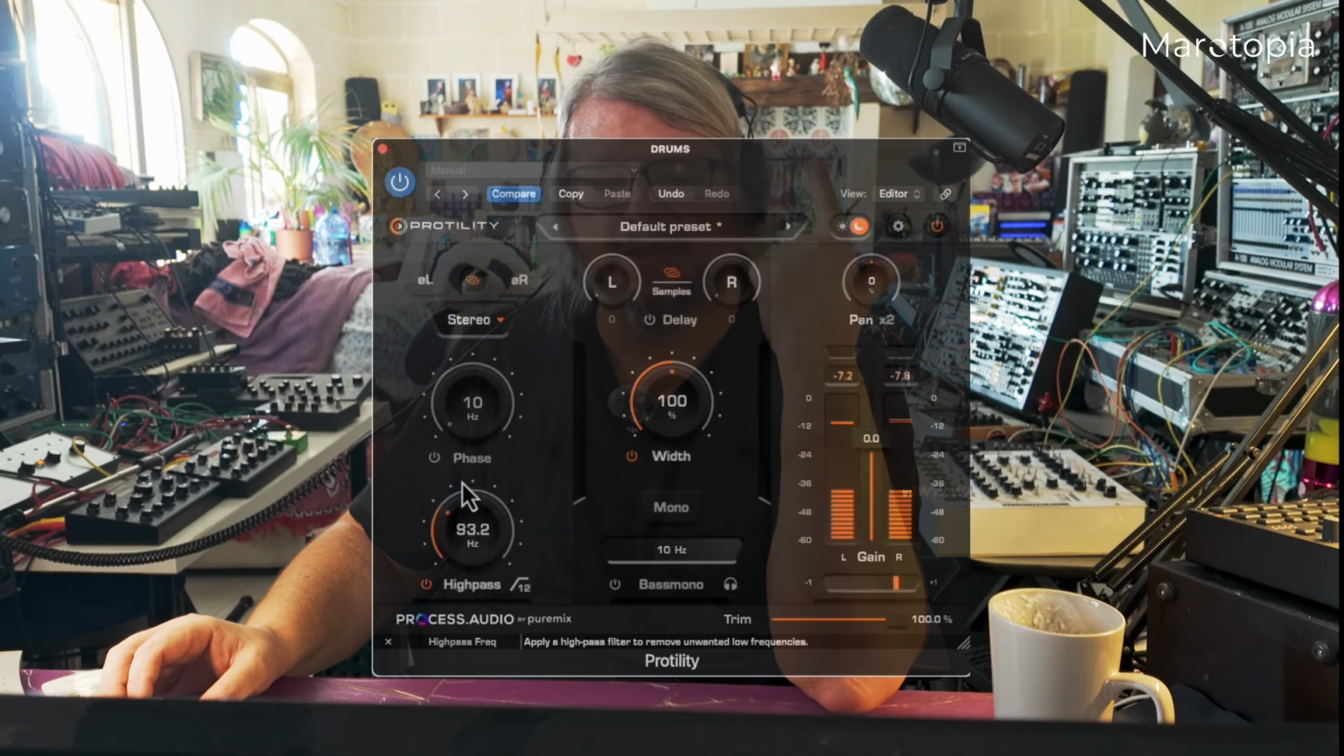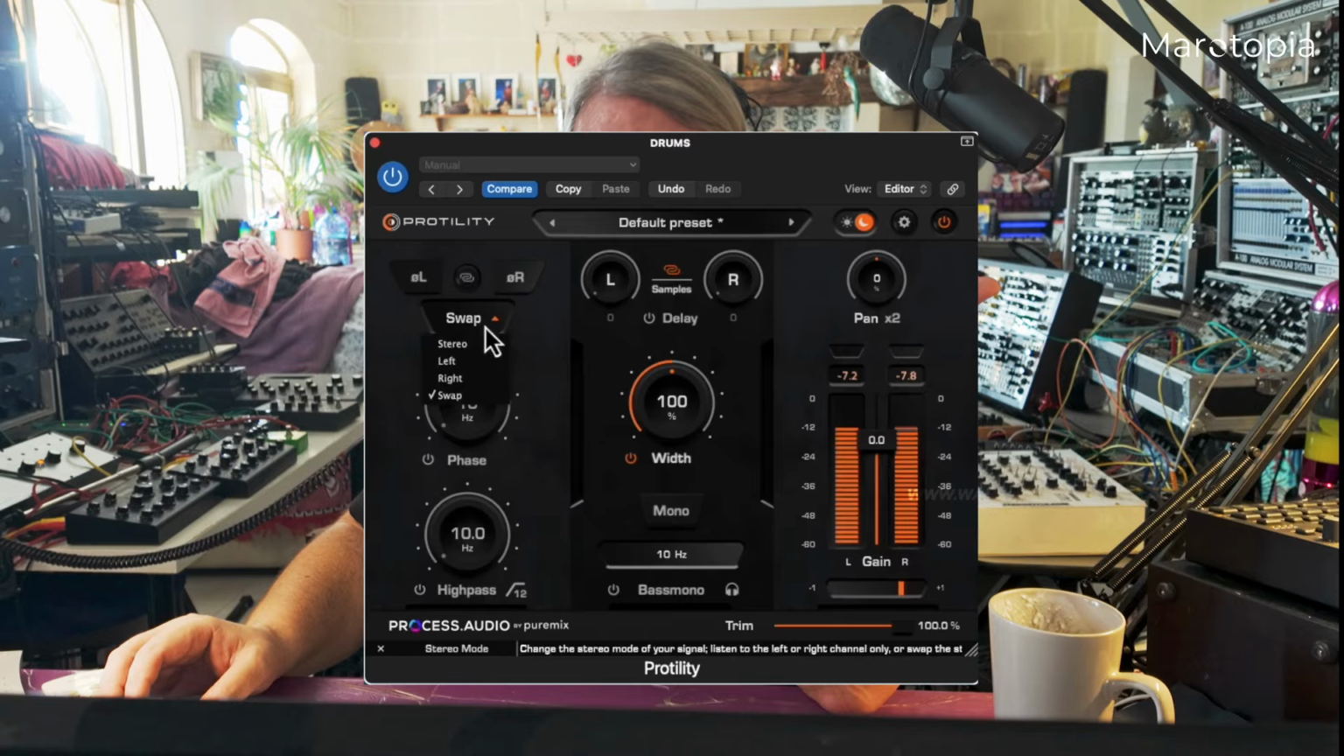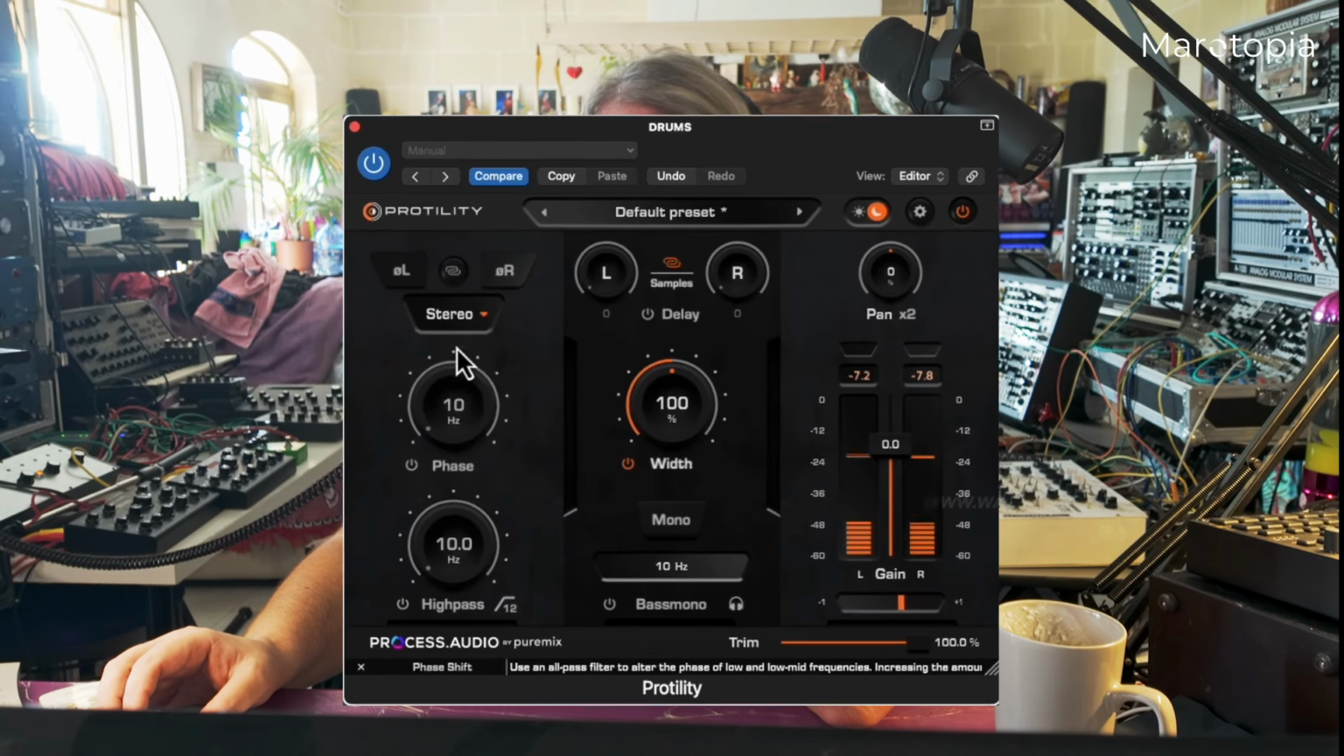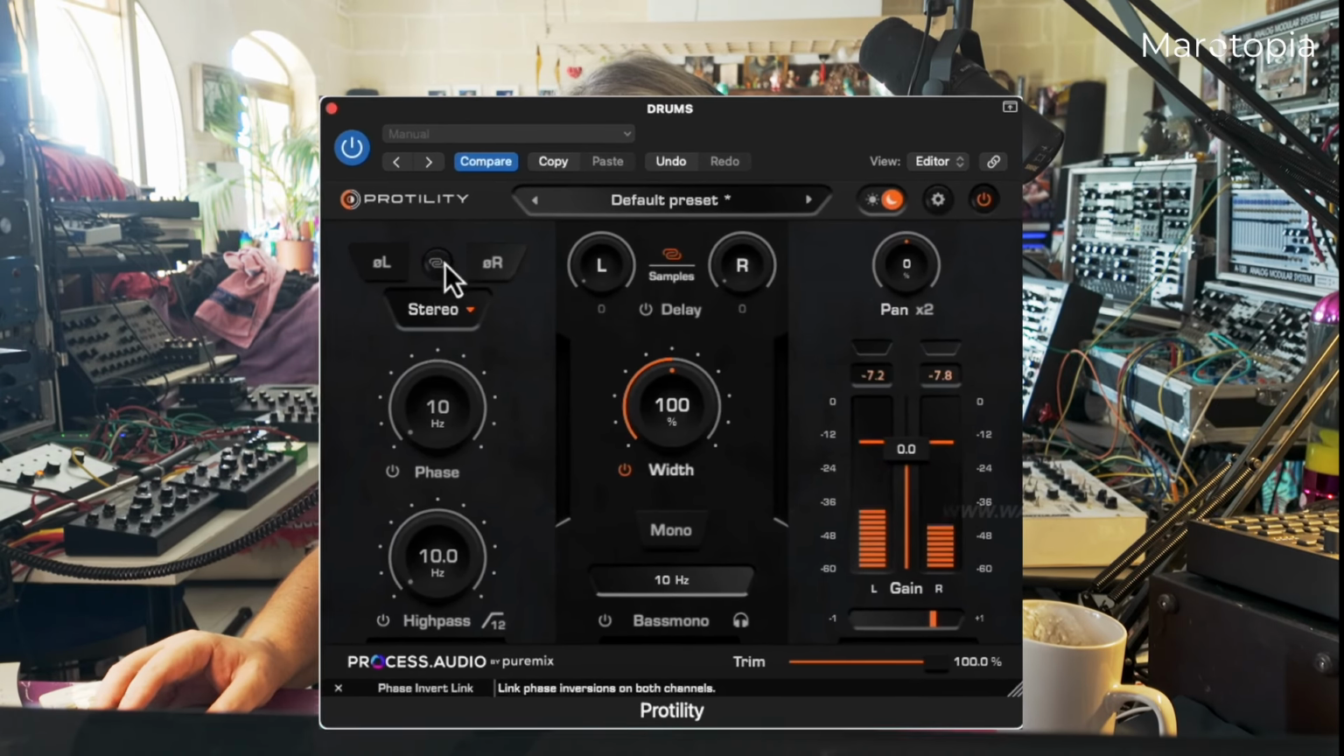To give the name, because I forgot: it's from the company Process Audio, and I just opened it here. So you have a high pass filter. You can change the slope. You have this phase change thing. You can go